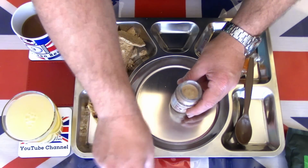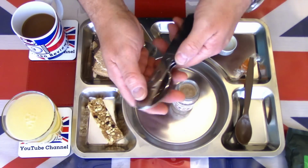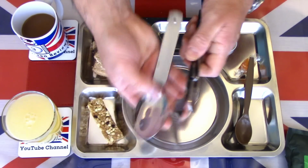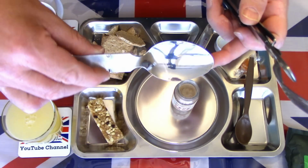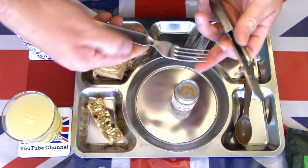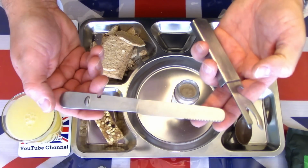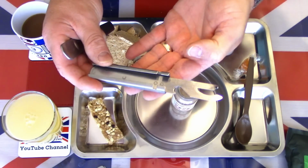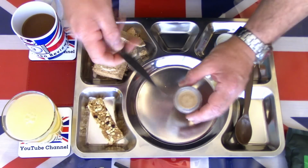I'm just wondering what, I think I need to bring in my German, which I've not used for quite a while, knife, fork, spoon set. Huge spoon. You think the British sporks are big? Look at the size of that spoon. Nice fork. A knife. And the tin opener and can opener. But all we need today is the knife. So,